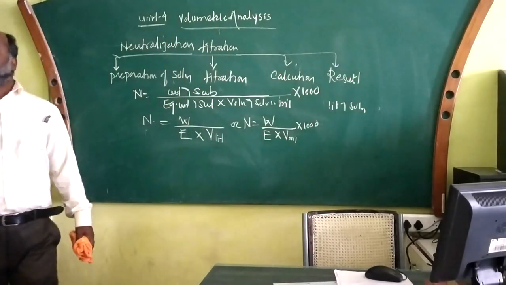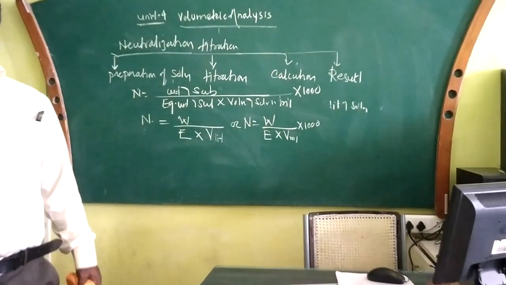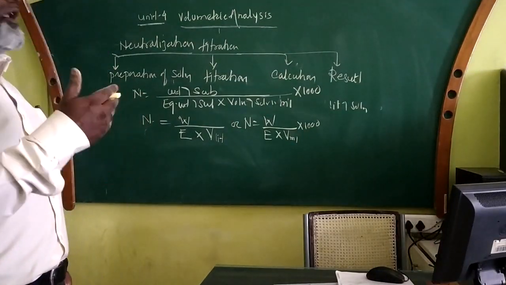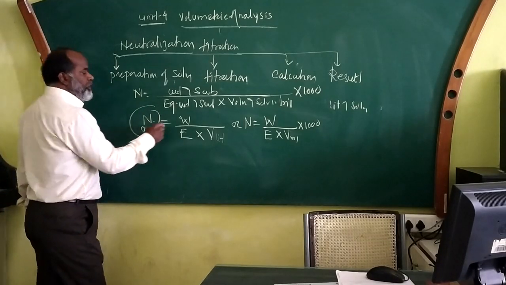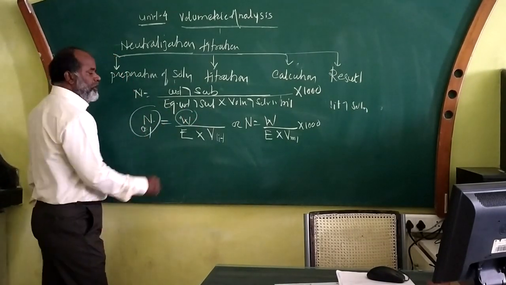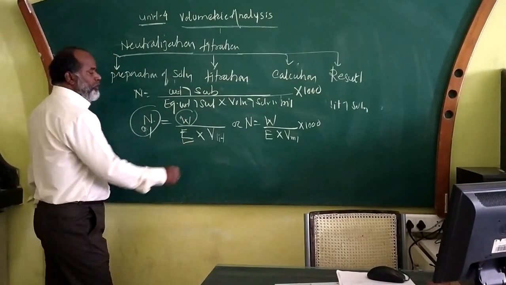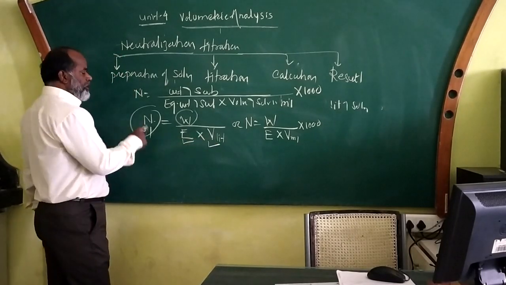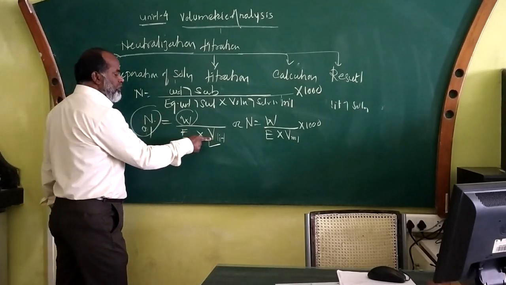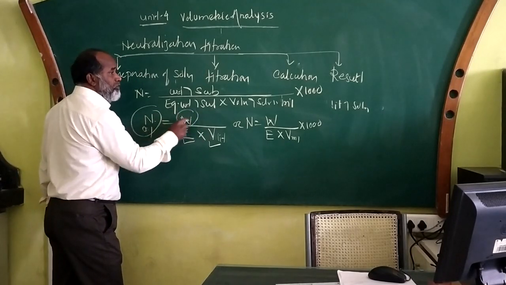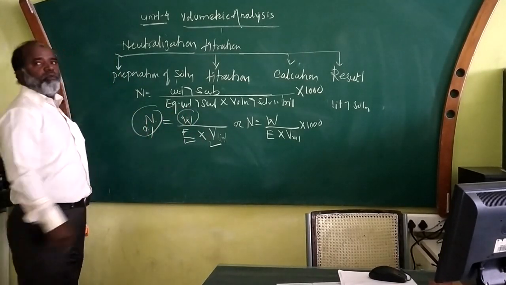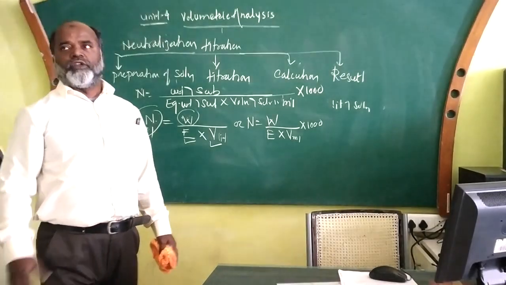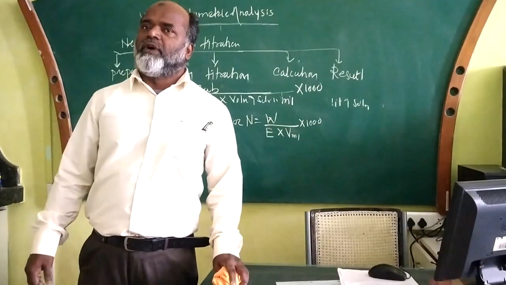So like this way, with the help of this formula you can find out normality, and based on the required normality, आपको 0.1 normal चाहिए. So for that, how much weight is to be taken? We know what is the equivalent weight. We know how much volume of the solution we are going to prepare. We can find out how much weight of the solute or substance is to be taken to prepare 0.1 normal solution. So in the next lecture we will see the further part of this unit.